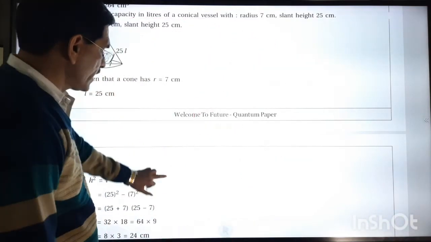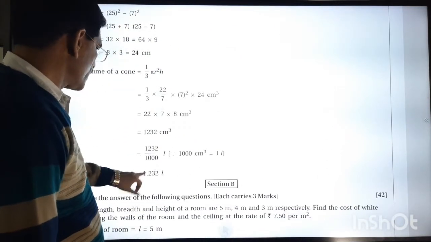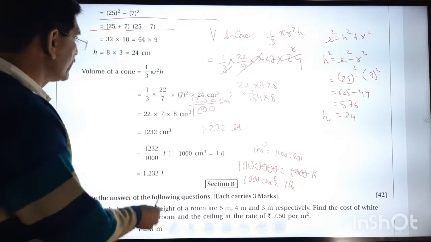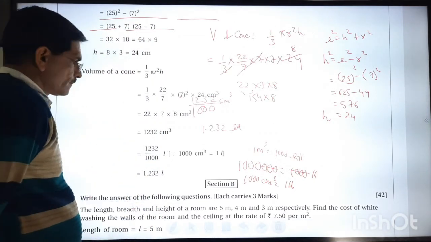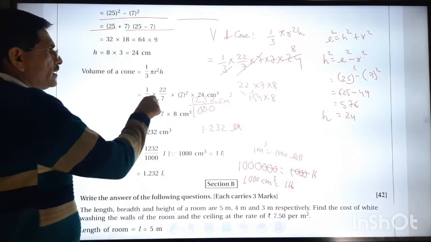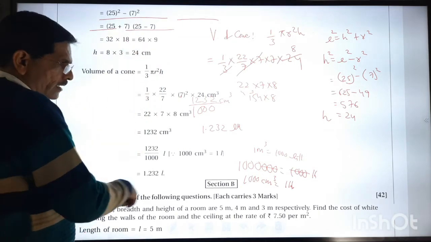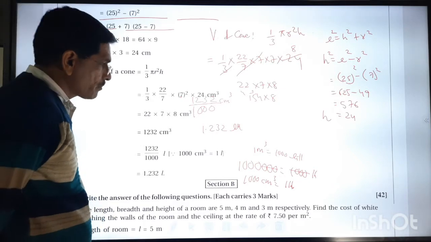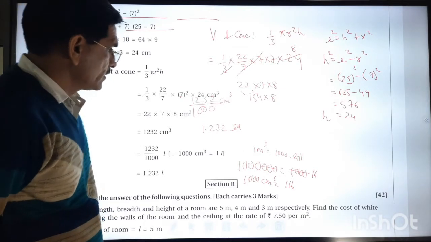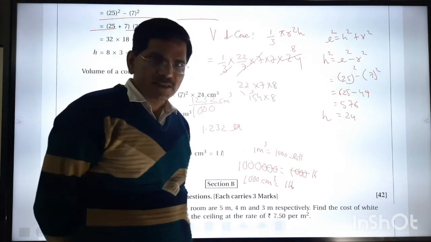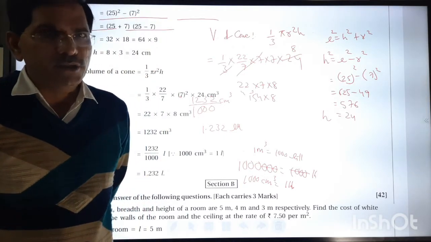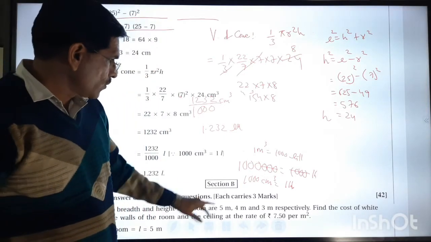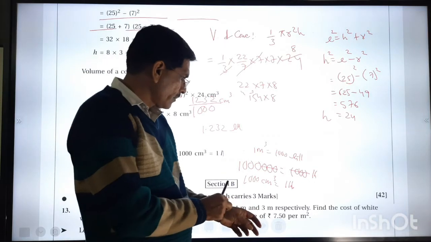Let me see whether that answer is correct or not. If you compare, we get the same answer. Everything about 1/3 that I have already discussed. That is section A, the 2 marks questions, I have completed. It may come in 3 marks also. Now we want to discuss 3 marks questions.